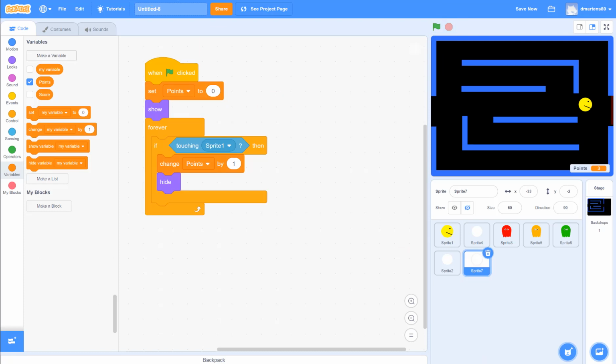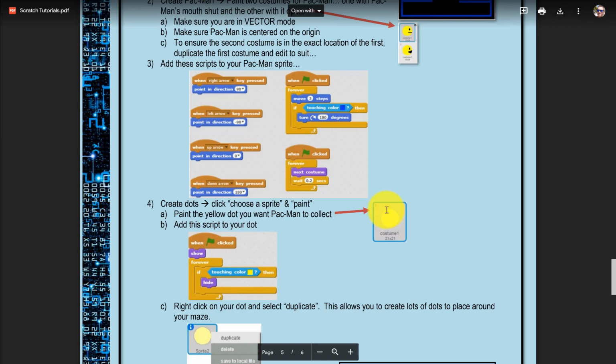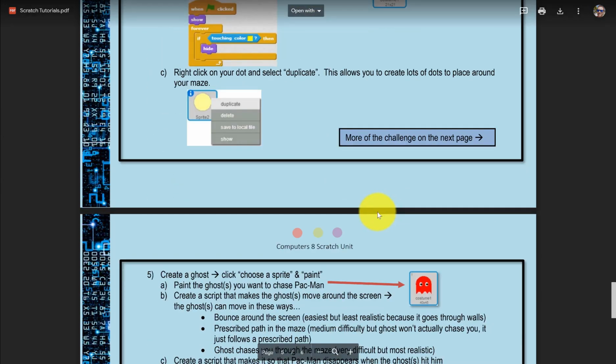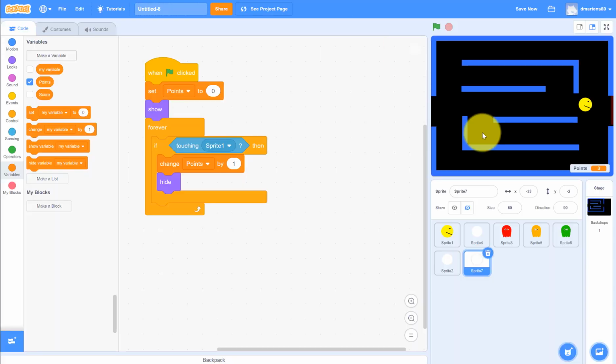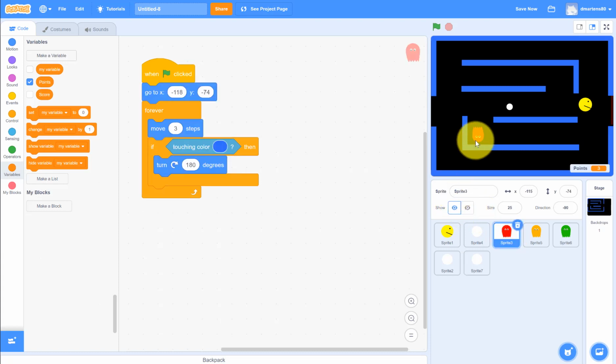The last thing I want to show you here, and then you should just be creative with how you do all this stuff, has to do with the ghosts. So the ghost, it kind of shows you and tells you there's a lot of ways you can make the ghost move. I'm just going to show you one of a few ways, and there's other ways you could do this, and there's one really difficult way that I haven't figured out yet, but would be the most realistic to the actual game. So one way you can make your ghost move, so here's my red ghost right there,